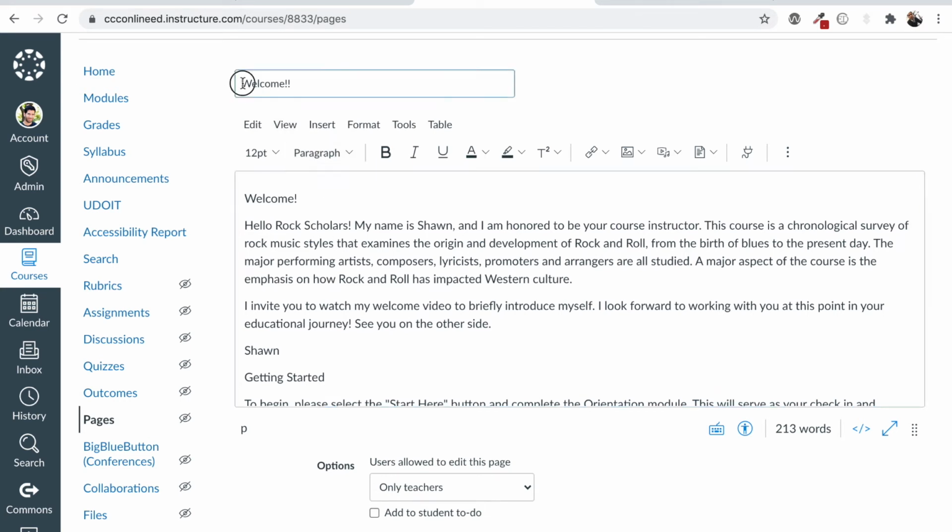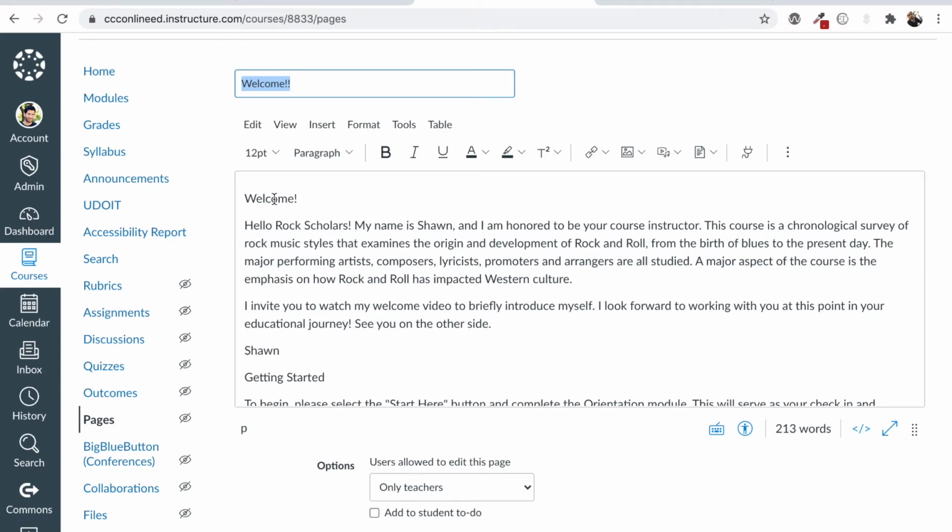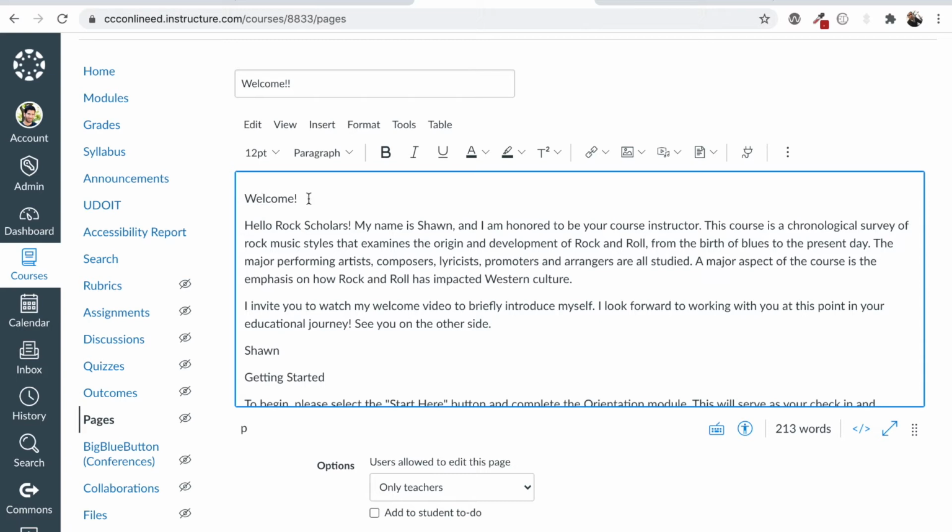The title is automatically given a heading 1 style. So any main headings in the page need to be given a heading 2 style. It has to follow the hierarchy. So there's only one heading 1, and then there can be several heading 2s, and then subheadings as heading 3s, and subheadings as heading 4. So welcome is my first heading 2. I'm just going to put the cursor somewhere in that line of text because it's going to affect everything in that paragraph section.